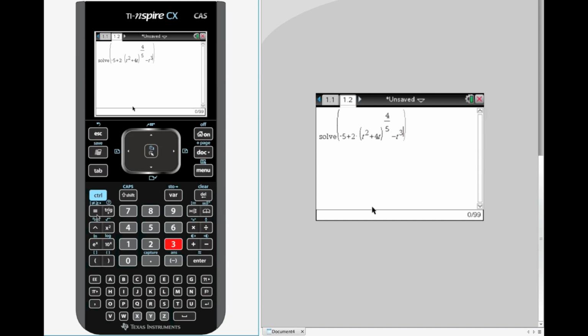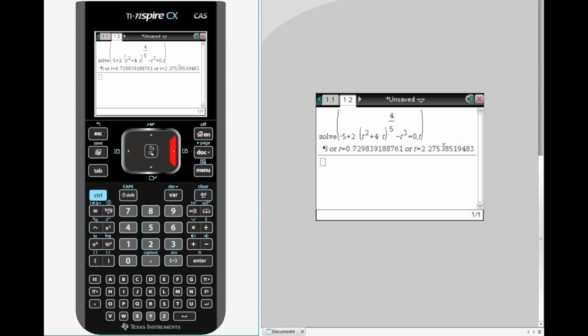And we want that to be equal to 0, so we're wanting to solve this for equaling 0, so now equals 0, comma, when we want to solve for, of course, our variable t. And hit enter. And you can see there's more than one solution, but if I arrow over now, I can get into the answer there. And arrow over and we find that 2.2752, but we only need to go to 3 decimal places, and that is our solution to our equation when the velocity is equal to 3.